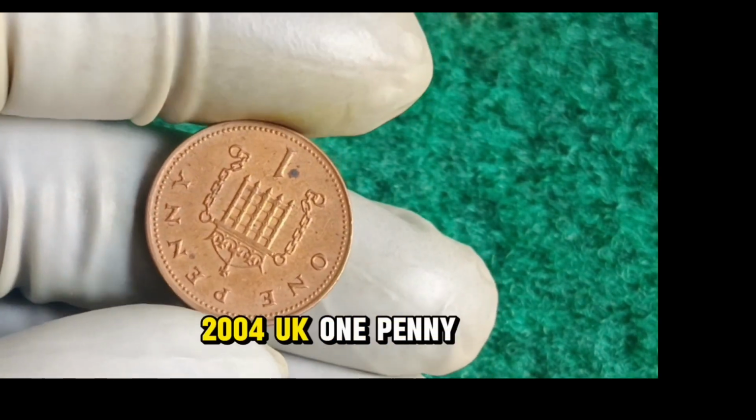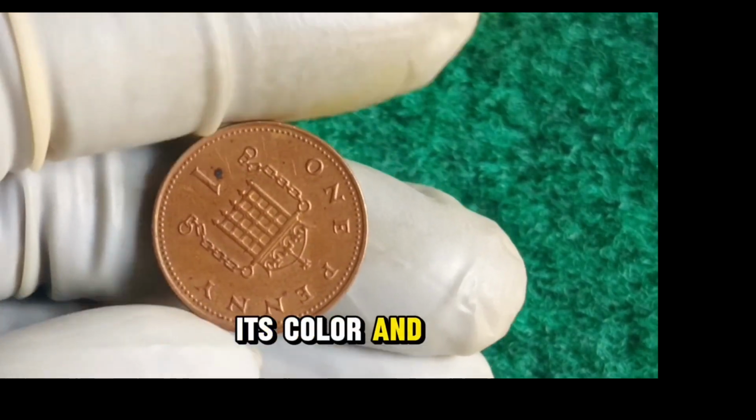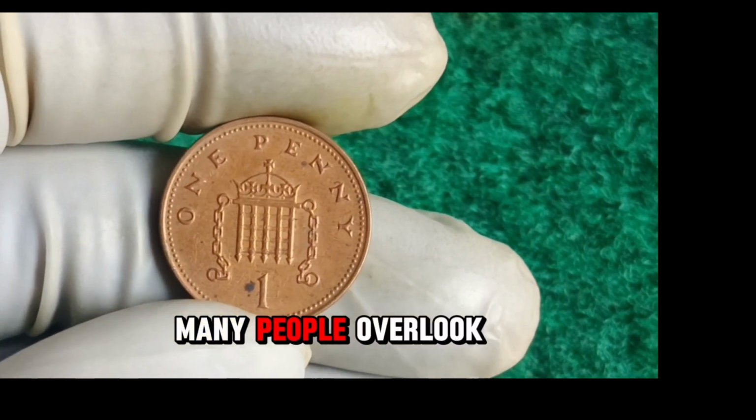So if you have a 2000 UK 1 penny at home, don't rush to spend. Test its color and shine, and if it looks unusual or untouched, it could be a hidden gem. Many people overlook coins